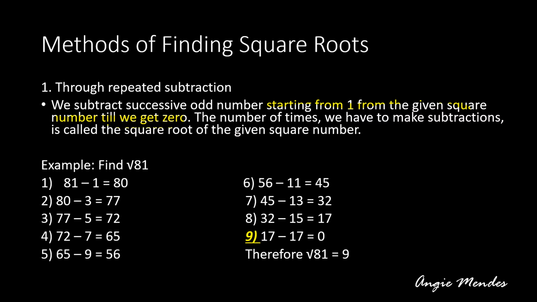So every time you will be subtracting from the answer that you get in every preceding step the next successive odd numbers. Just remember that the odd numbers are successive and have to be only odd numbers. Don't get confused here. So it's very simple. If you take the given number, you subtract 1 from it, you will get the answer. From the answer that you get, you subtract the next successive odd number. And you have to continue doing this till you get 0. The step at which you get the 0 is going to be the square root of the number. Okay?